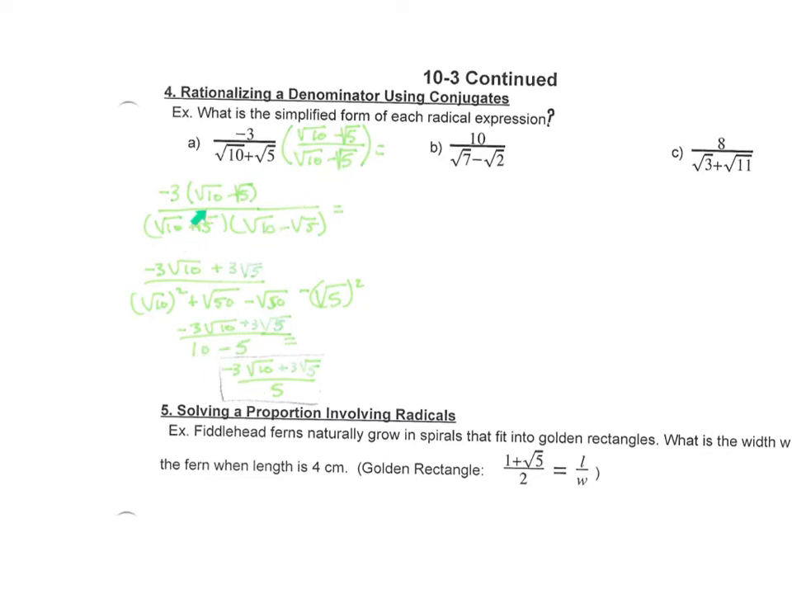So in the end, I'm going to simply do my distributive property. I'm going to FOIL out the denominator, and then I end up with a simplified, rationalized denominator. So in practice, if we look at B,